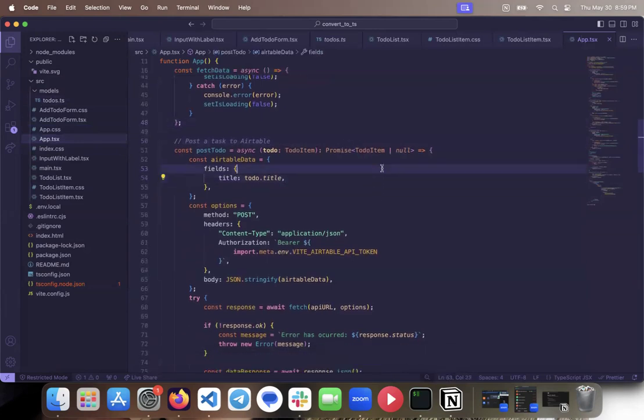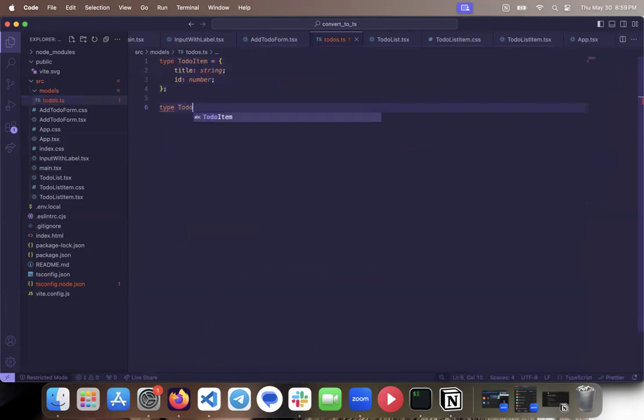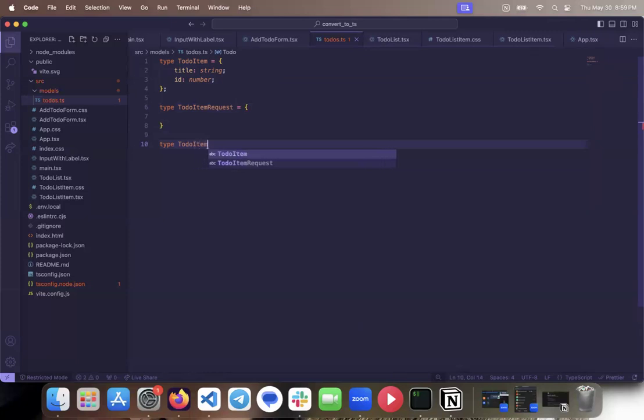And you can tell your API, what is that structure that I'm giving you? And what is the structure that I need to send to my API? And what do I need to get back from it? So I would also, if I had more time, I'd create additional types here. To-do item request and to-do item response. And this response type is going to be what I get back from Airtable,